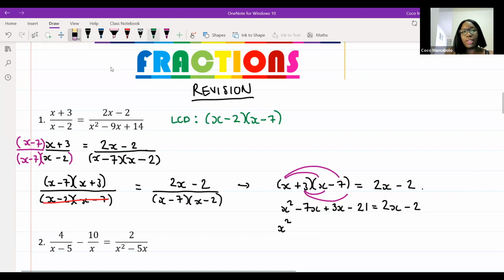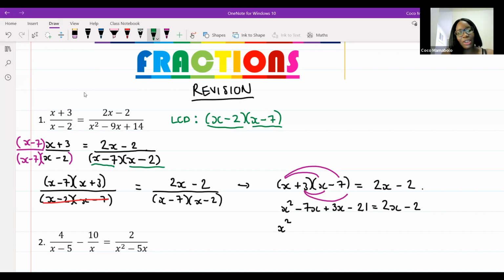Have a look. Okay, so here's my LCD. My LCD has an x minus 2 and an x minus 2 over here, because there are only two denominators on the factorized side. Do you notice how the LCD on this side already has x minus 2 and x minus 7? There's no need for me to add another x minus 2. Oh my gosh. Okay. No need for us to do that. I hope that makes sense. Excellent. Thank you. You're very welcome, my sweetie.